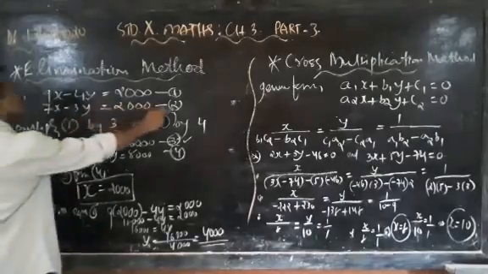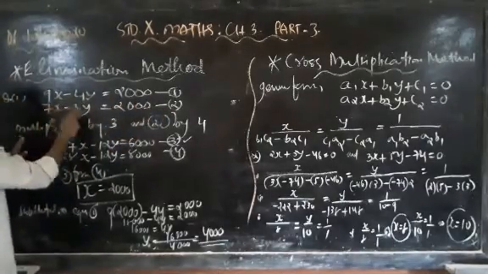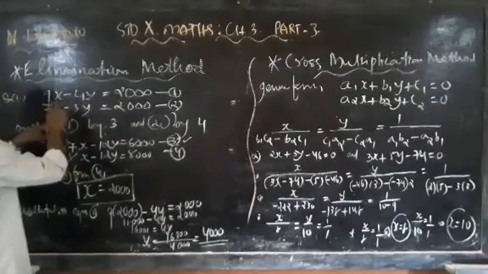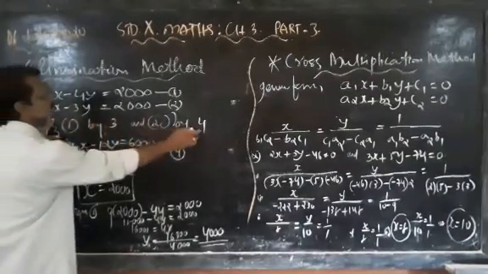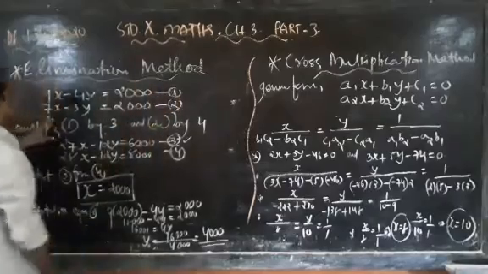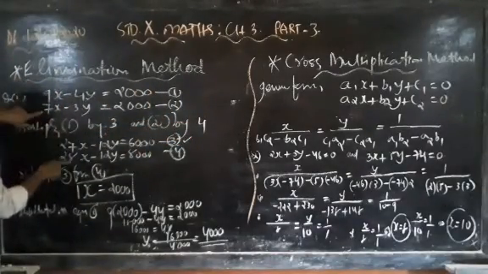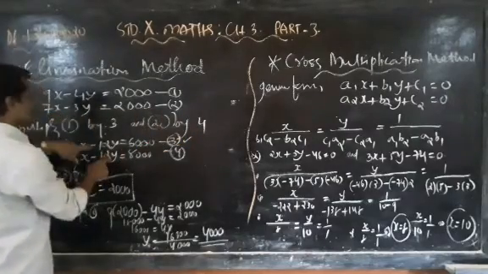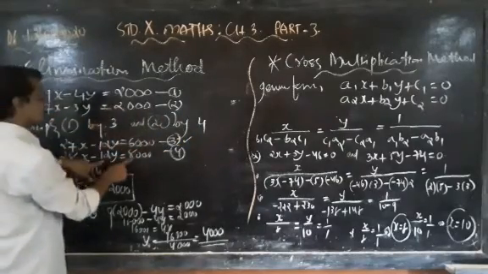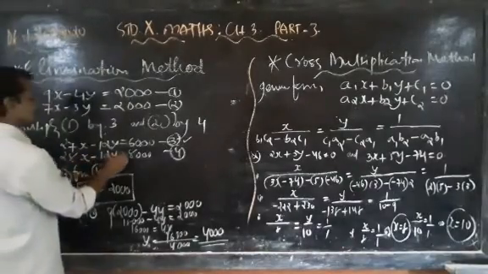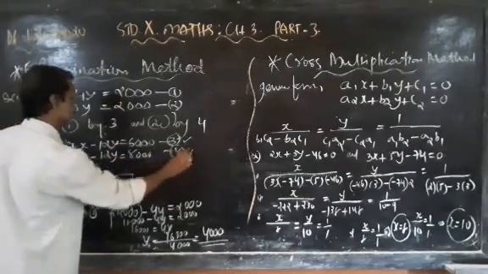Now equation number 2. Equation number 2 is 7x minus 3y equal to 2000. अभी इसको second equation है 7x minus 3y equal to 2000 को किससे मल्टीप्लाई करना है ना, 4 से मल्टीप्लाई करना है. 4 से मल्टीप्लाई करो. 7 4s are 28, 4 3s are 12y and 4 2000s are 8000. So 28x minus 12y equal to 8000. That is equation number 4.